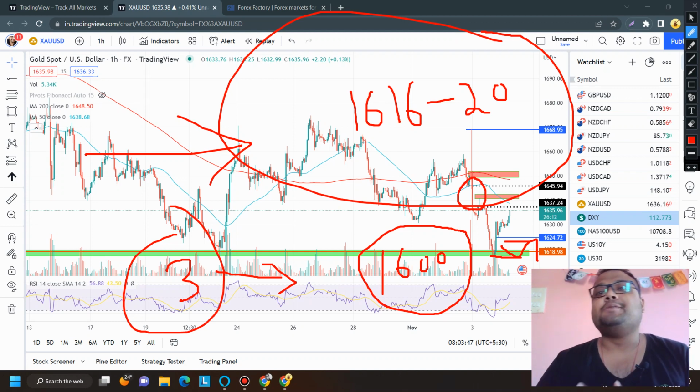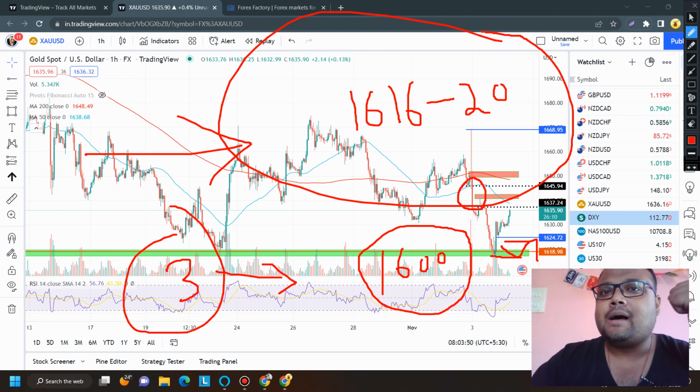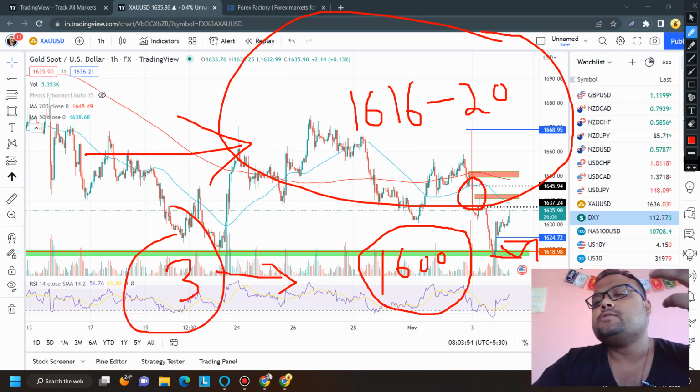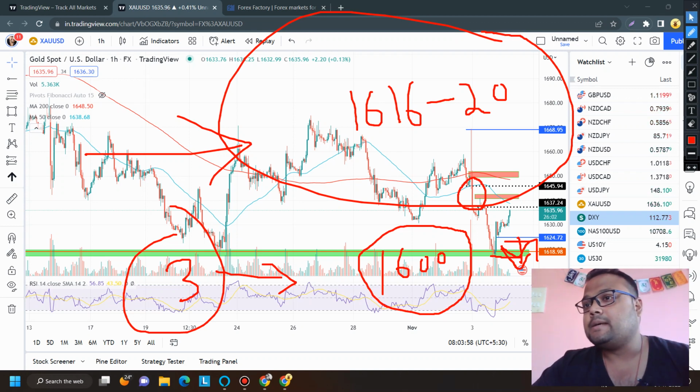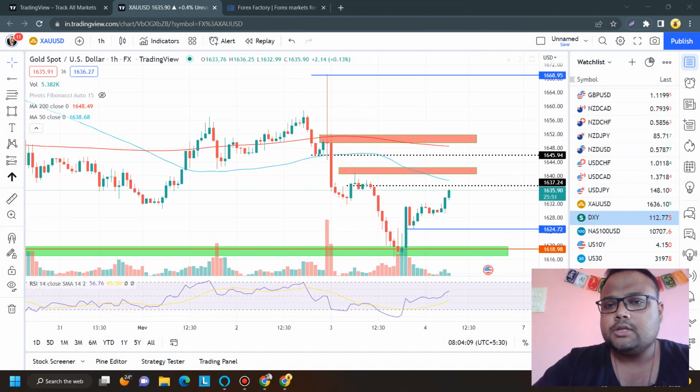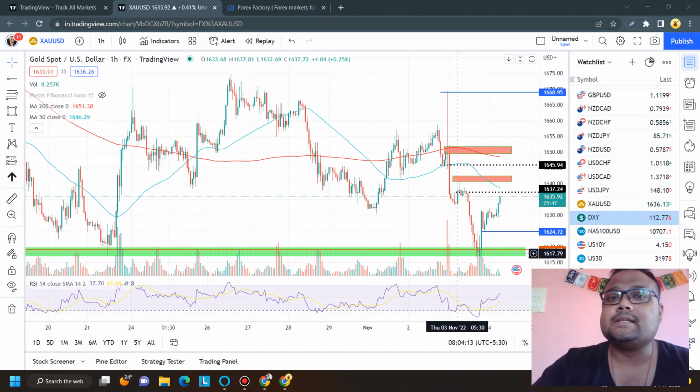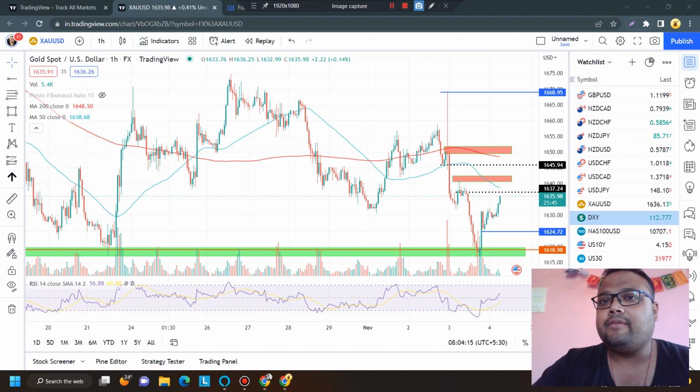If there's no news in the market, before the news you can expect the market to bounce, but in case during the news the market breaks it, still there's a chance that the market will try to respect the support here. So in short, do not try to take a sell position immediately once you see the market breaking the support and going down. That can be very, very risky.